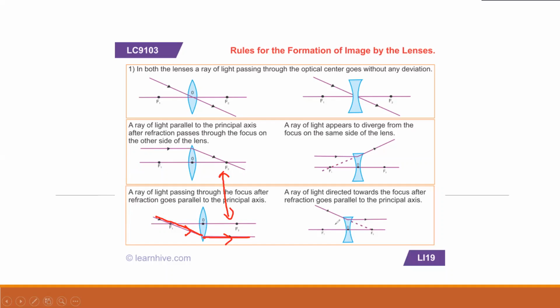Similarly here, when a ray appears to be coming, looking like it is passing through the focus, this side is made dotted because it can't go straight. So after refraction it becomes